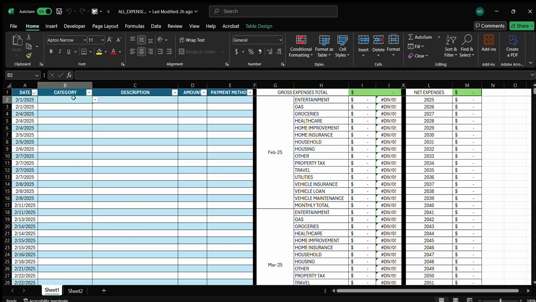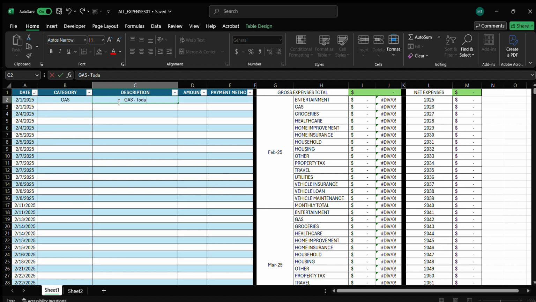So in the category here you have a drop down which can be made through data validation in Excel. So we're going to select gas, and then we're going to put in the description. You can either use which gas station you went to, or you could just say gas or break it down by which vehicle you used. So we'll just say gas today in this,